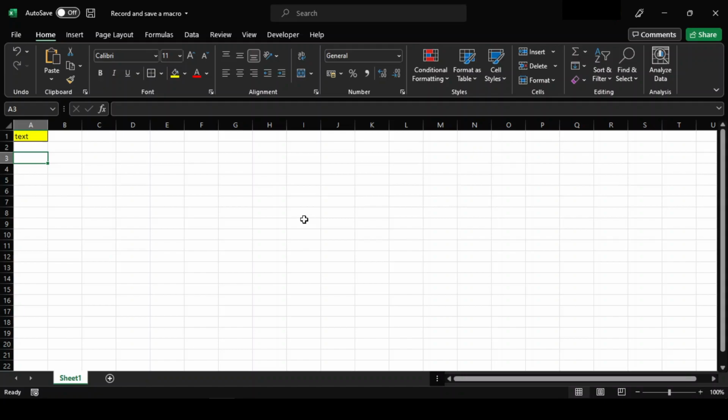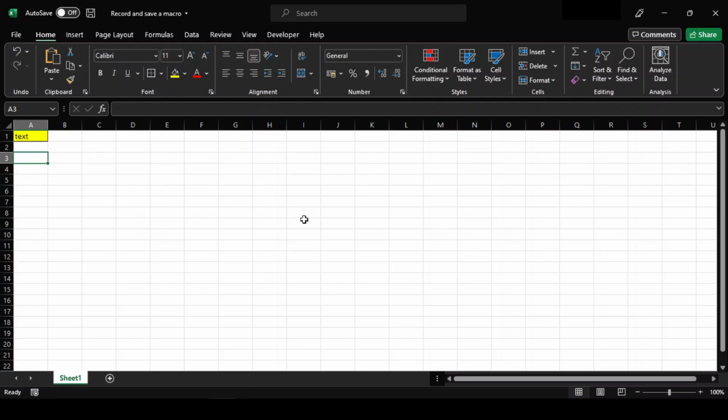So, we have done 4 things over here. We have typed text, colored the cell, gave it a border and moved our cursor to the next row, leaving one row blank. So all these 4 steps are recorded in our macro named Format, to which we had assigned a shortcut Ctrl Shift O. Now if we play the macro, what should happen? It should write text in the active cell, color it, border it and then move to the next cell, skipping one in between.